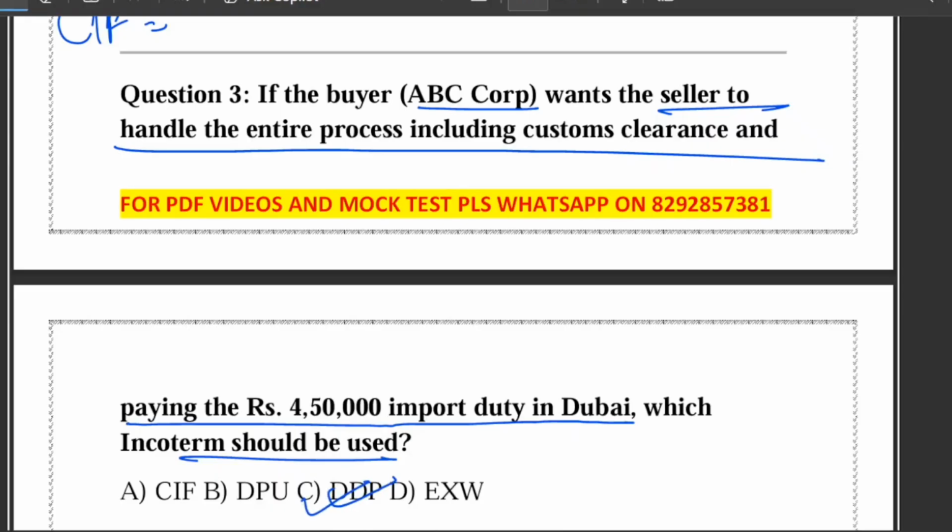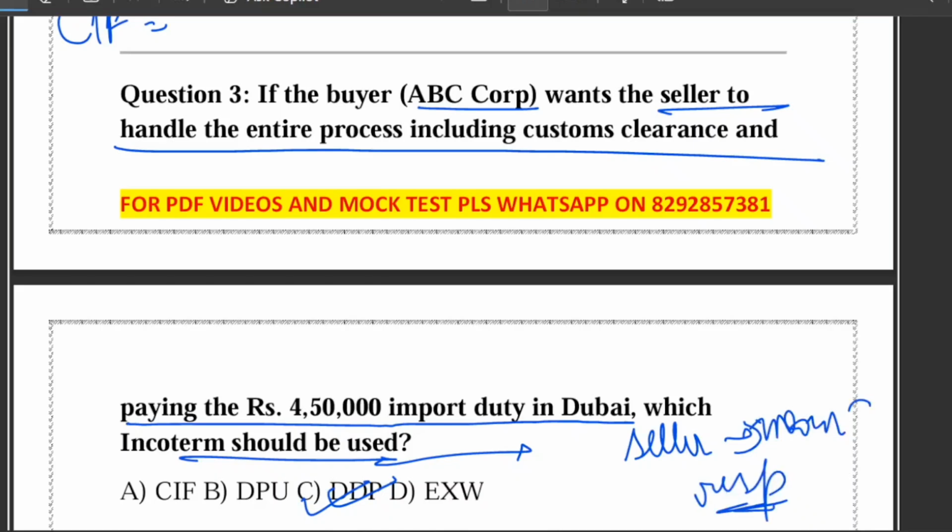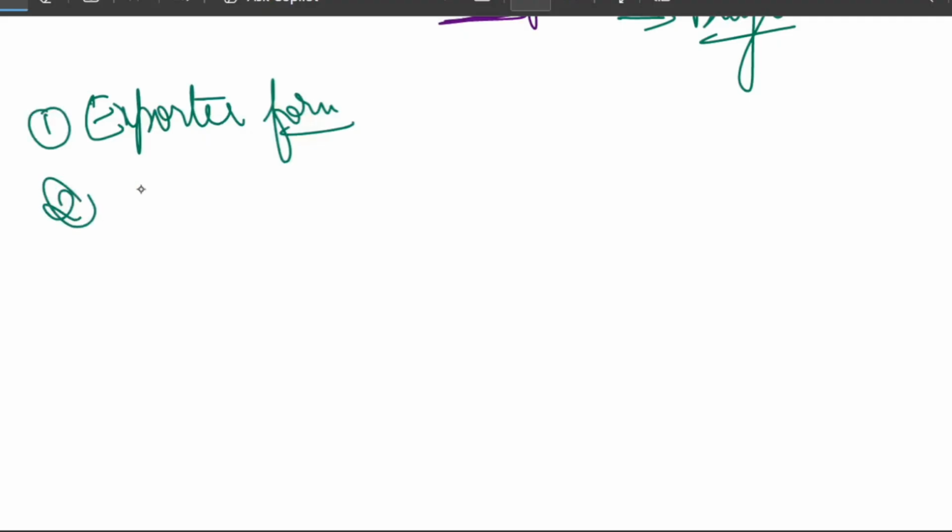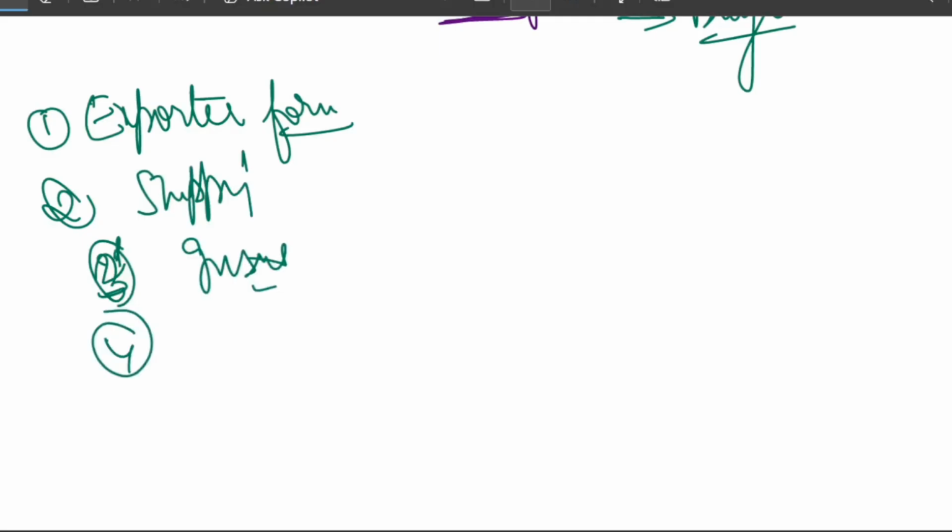This is the Incoterm where the seller has the maximum responsibility. When I say maximum responsibility, it includes export formality, right? Export formality, the seller has to do. Shipping cost, the seller has to incur. Insurance cost, the seller has to incur. And delivery at the buyer location, the seller has to incur. Import duties and taxes,